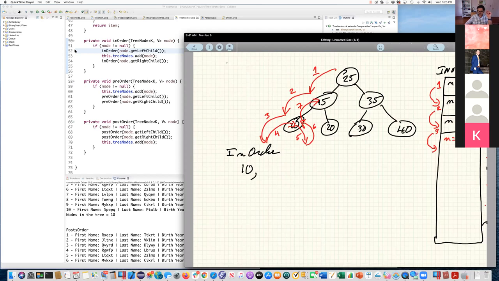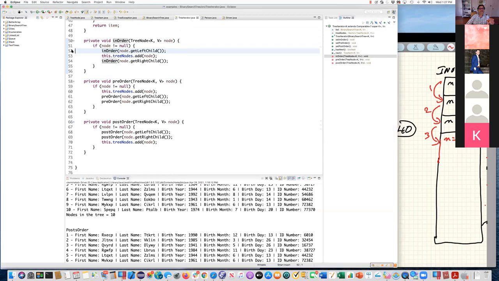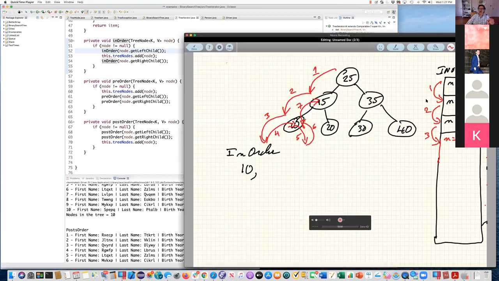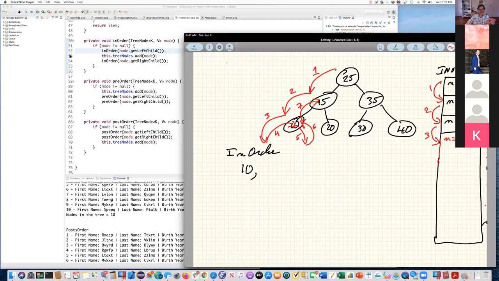Let me just redraw these slightly differently so that you could see them, because we're going to keep them here. So arrow number 1, arrow number 2, and then arrow number 3, right? Correct? All of these 1, 2, and 3 have all been from line 52 over here. Do you agree with me on that? Okay. So all of these 1, 2, and 3, when they return, they're going to return and continue from line 53. We're good with that? Okay, so let's keep going.